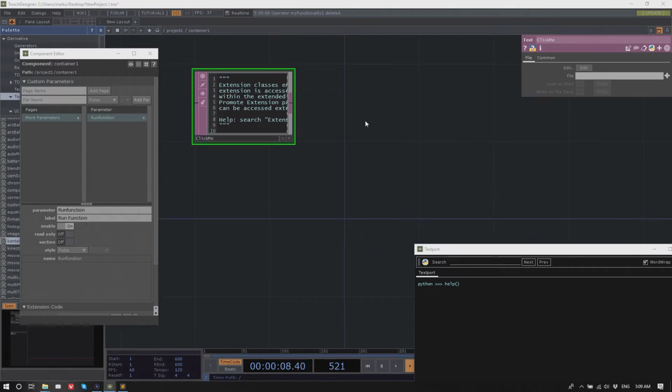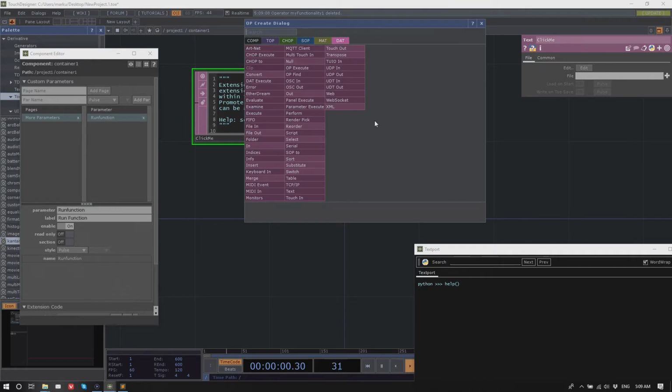And we have DATs that help you with this. Especially in this case, it's the Parameter Execute. So when you look at the DAT family, you can find a lot of operators that end with the name Execute: Job Execute, DAT Execute, Panel Execute, OP Execute.